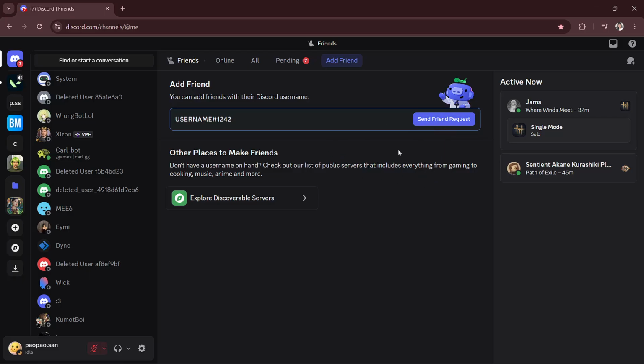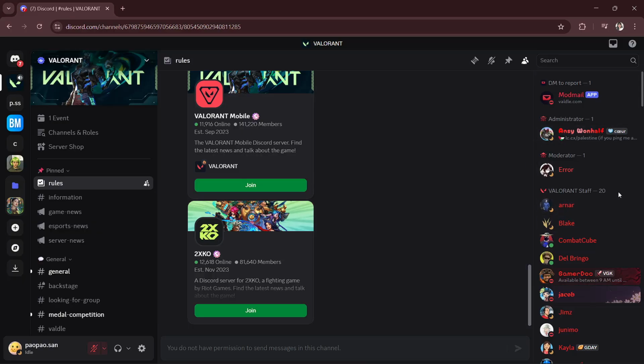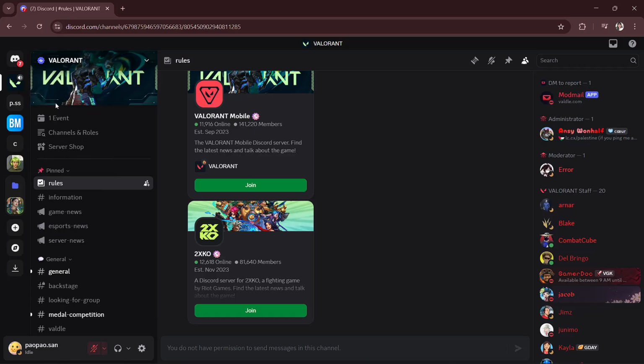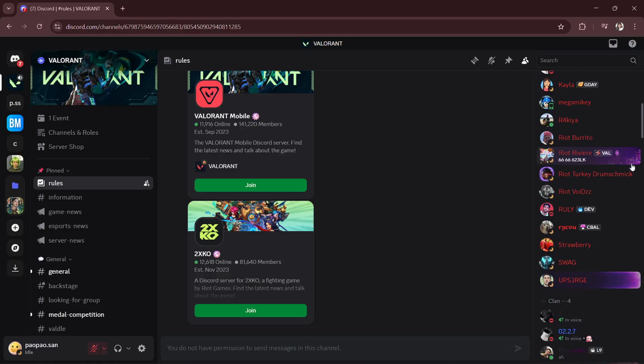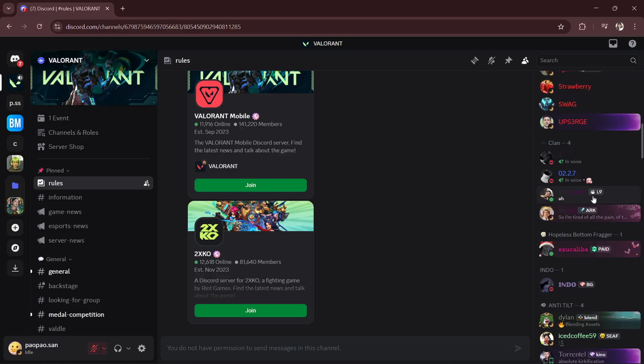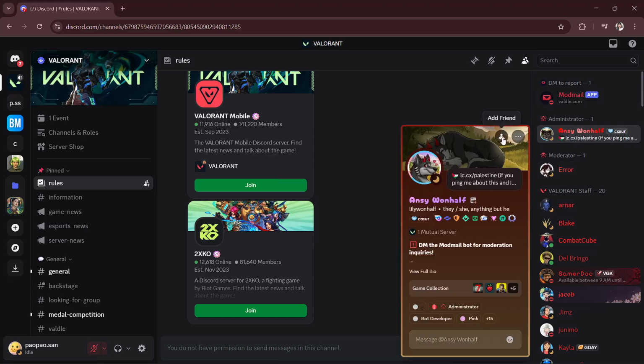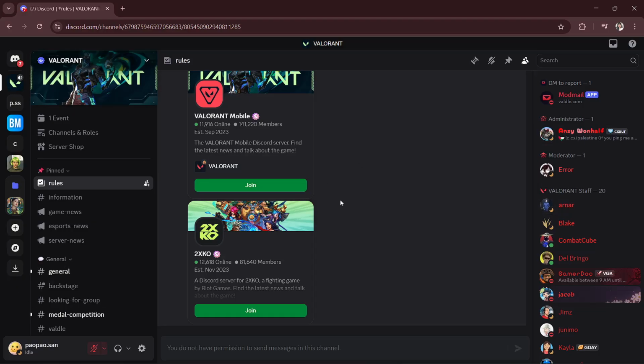And then after you send the friend request, your friend will appear in your pending section, which is right here, until they accept. And also you can look for friends here. For example, you're in a server, you could actually just add a bunch of random people or someone you already know from this list. So you will just basically have to click their name, and then you will just see this button right here which says add friend. So yeah, that's basically just it, and I really hope it was helpful for you,